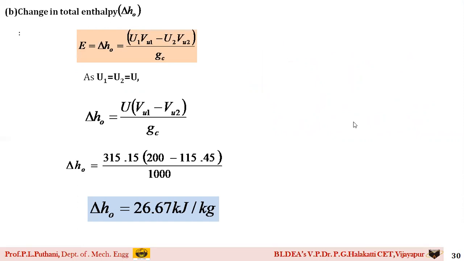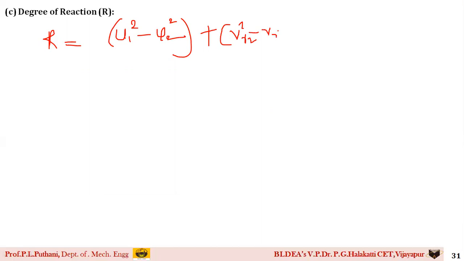Then we have to find the degree of reaction equation. One more important thing, students, the degree of reaction equation. Generally, we write our degree of reaction equation with this relation, that is R is equal to U1 square, that is the static component in the numerator, (U1 square minus U2 square plus VR2 square minus VR1 square) whole divided by (V1 square minus V2 square